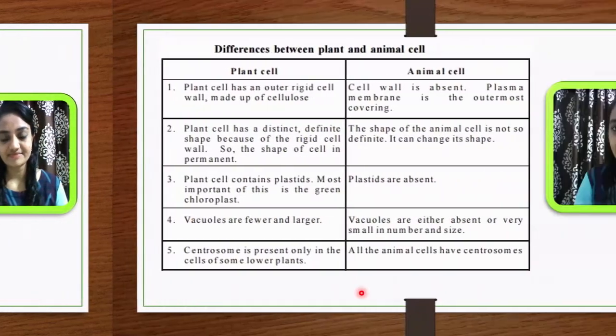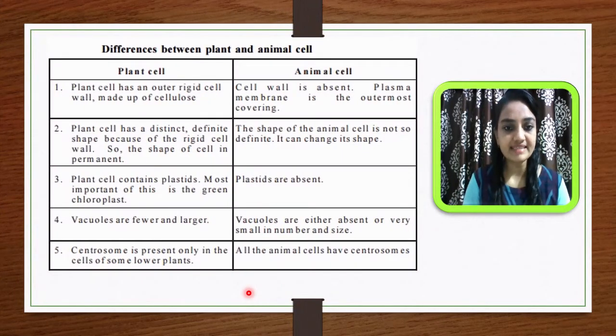So now let me discuss animal cells and plant cells. Animal cells and plant cells are both included in the eukaryotic group. Eukaryotic organisms can actually be divided into three groups. Here we are discussing plant cells and animal cells only. Protists we will learn in detail in chapters 1 and 2. So the eukaryotic cell can be divided into three groups, but here we are discussing two groups, plant cell and animal cell.